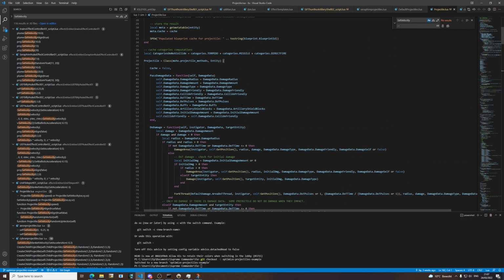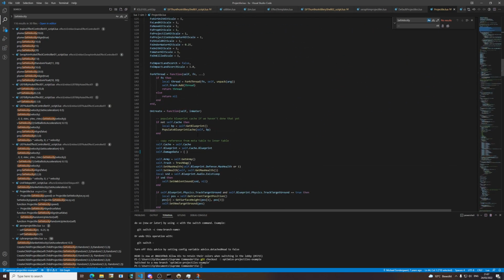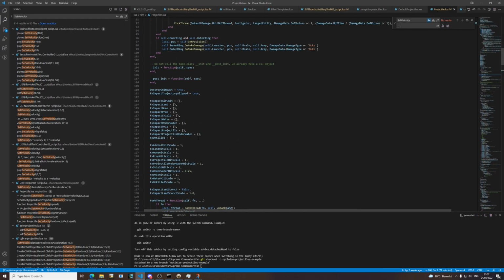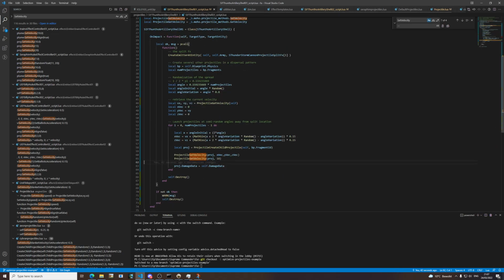Right, because we're populating it here anyway when the data is passed along. Does it still work? Yes. So that shortens this table when we create a projectile. And we skip this entirely for all these sub-projectiles. So just copy the damage data, create the projectile, and set the velocity direction